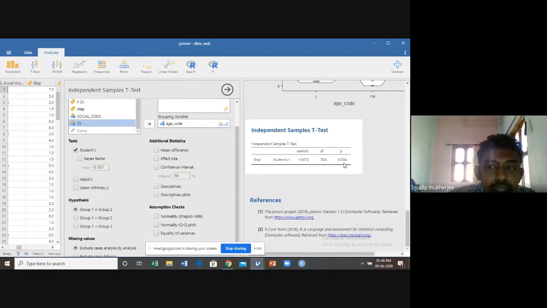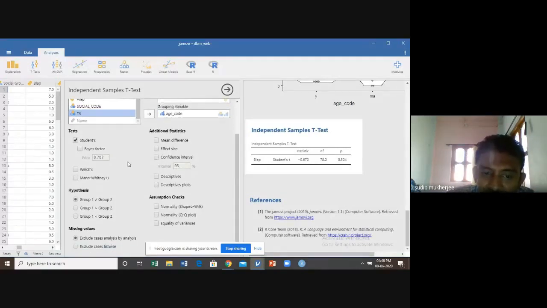If the p-value is greater than 0.05, we are accepting the null hypothesis, which means the groups are equal. In an independent t-test, the null hypothesis is group 1 equals group 2.